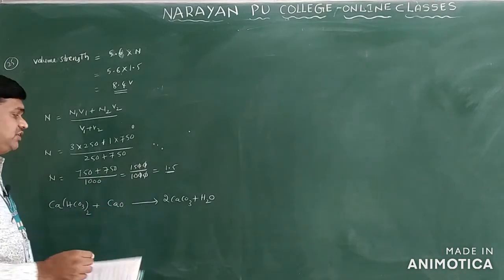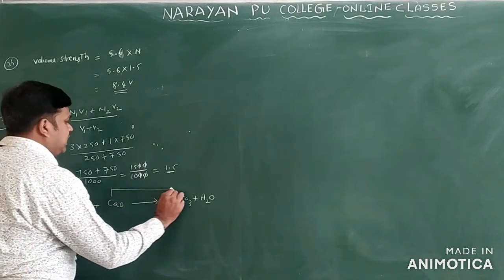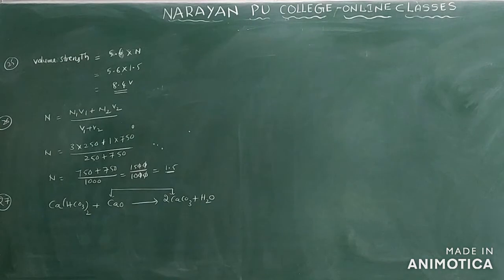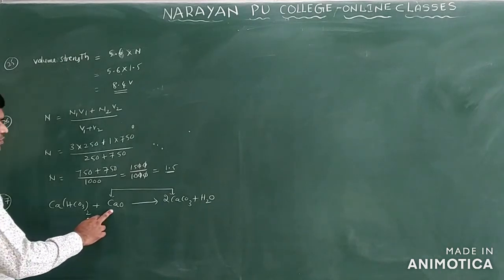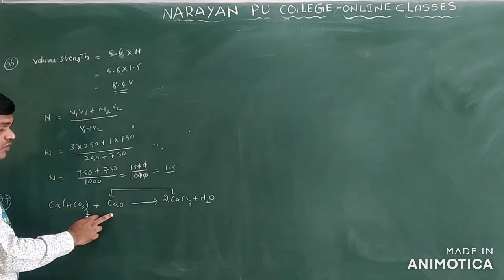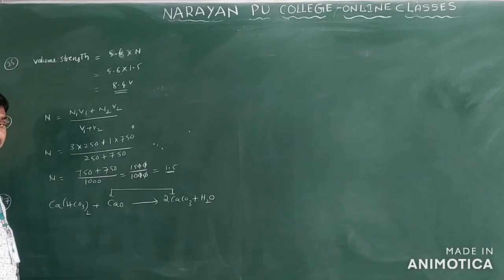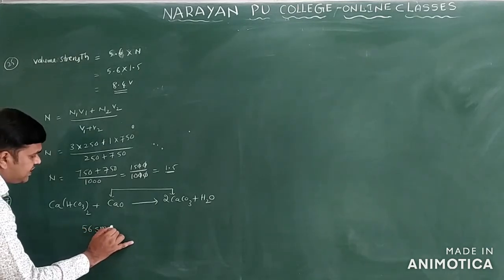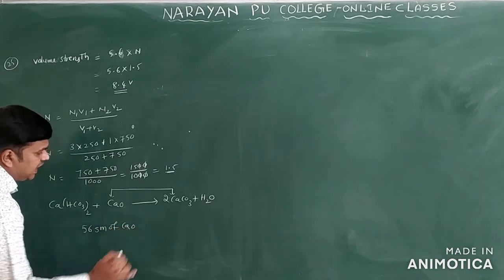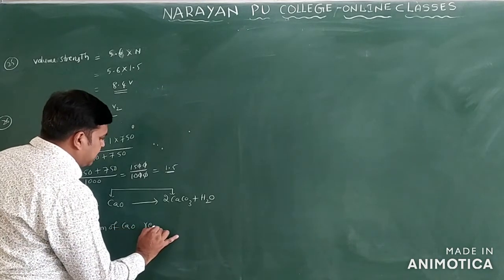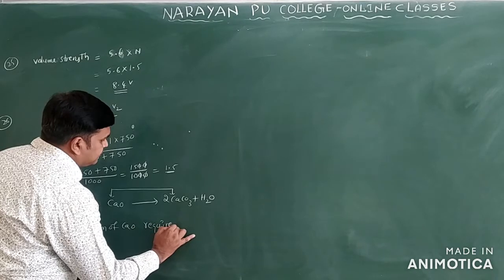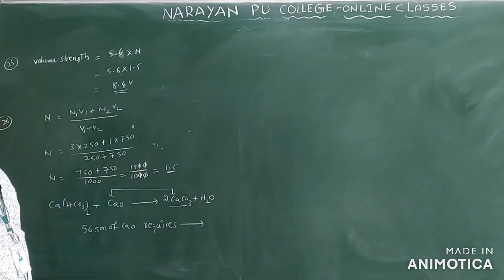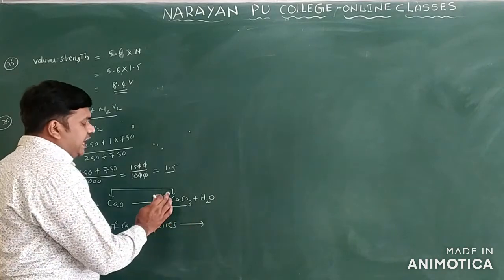They are asking the relation between calcium oxide and calcium carbonate only. Calcium oxide and what? Calcium carbonate. You see calcium here, calcium we have 40. 40 plus 16, how much? 56 only. From this equation, I will write 56 grams of calcium oxide requires how many moles of CaCO3 we have? 2 moles only. So we can find out calcium carbonate.